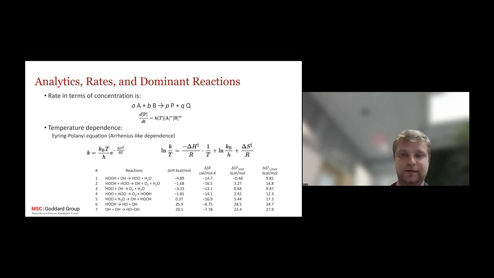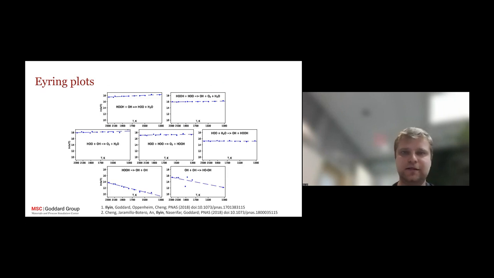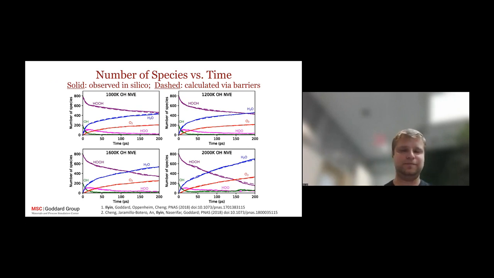So, the very cool part about this was that it was all self-consistent. Looking at the Eyring plots, which is essentially a rearrangement of the Eyring-Polanyi equation in order to form a straight line, we would see that all the reactions fit on the predicted line, and then using these delta H and delta S numbers and back calculating from just the initial conditions where we had 800 peroxides and 200 OH radicals,